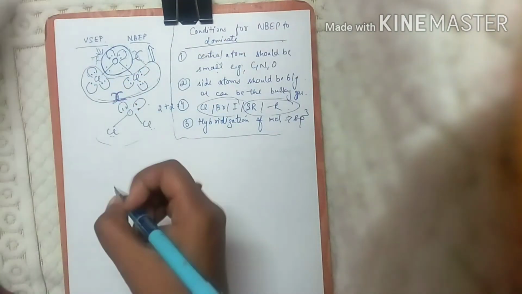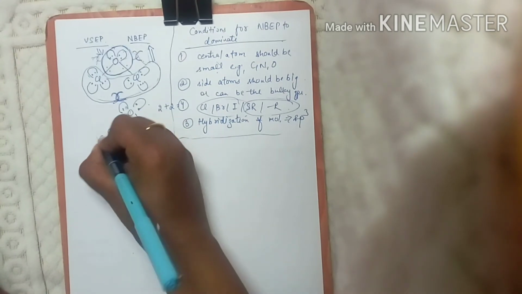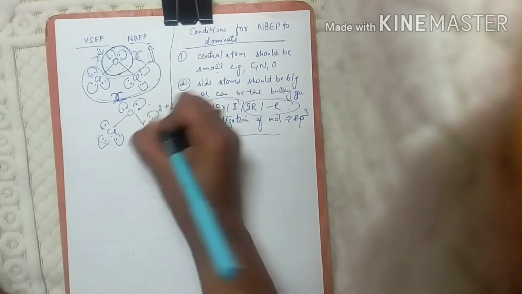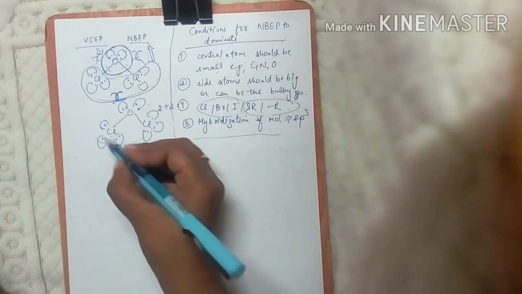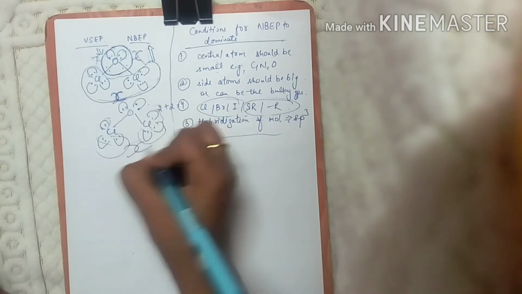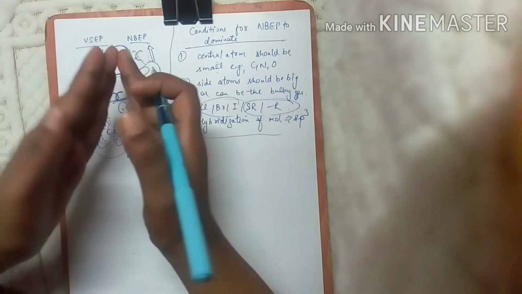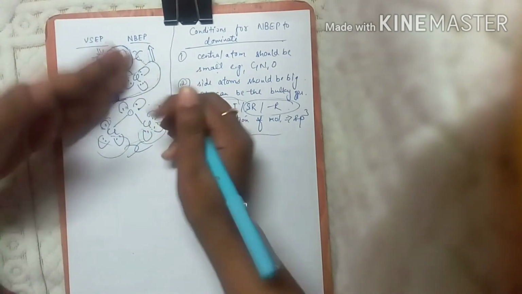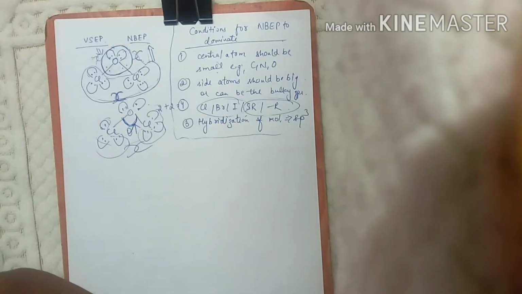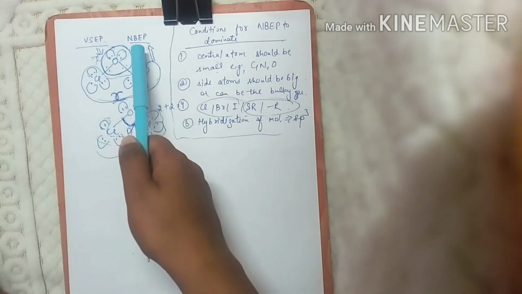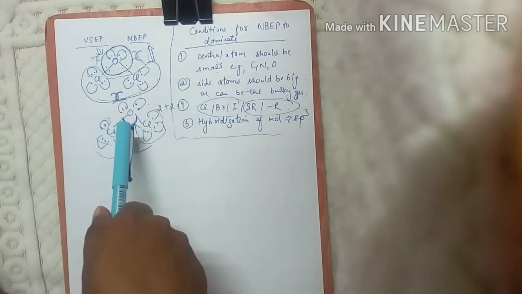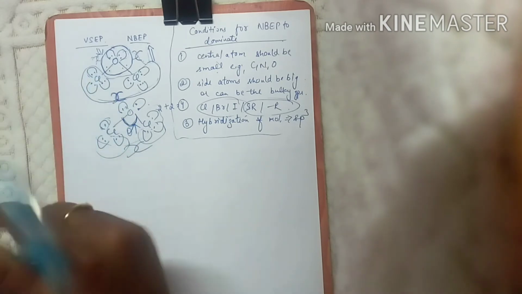What happens when these non-bonding electron pairs are present, and if they are satisfying all these conditions? These are the electron clouds, and they are going to repel each other. Because of repulsion, these chlorines will move apart from each other, so this angle theta is going to increase. So if non-bonding electron pair repulsions are dominating, then the bond angle of the molecule is going to increase.